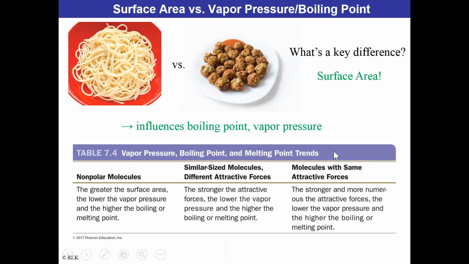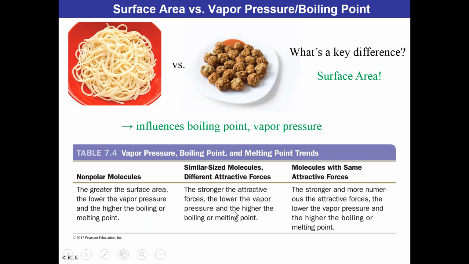And so from your book, table 7.4, here's some summary statements. For nonpolar molecules, the greater the surface area, the lower the vapor pressure and the higher the boiling or melting point. We just discussed that in the previous slide, using, for instance, butane or propane as an example, something that only has London forces as the most dominant kind of intermolecular force, then it's going to give rise to a little bit of instability,